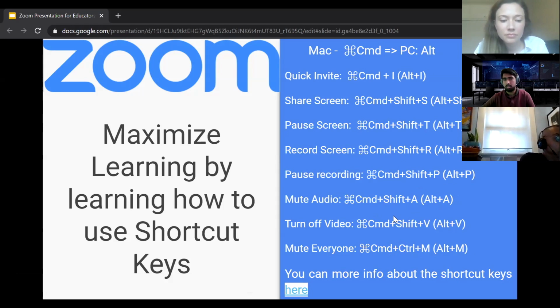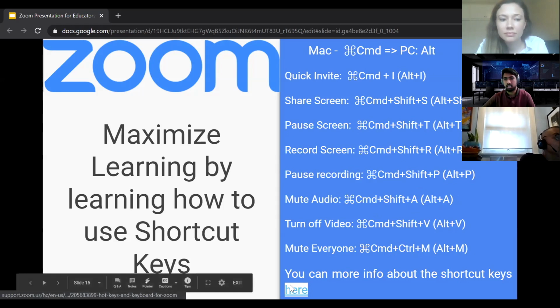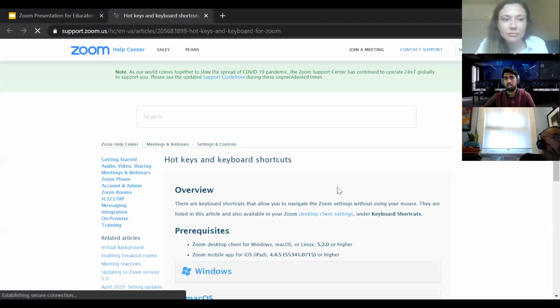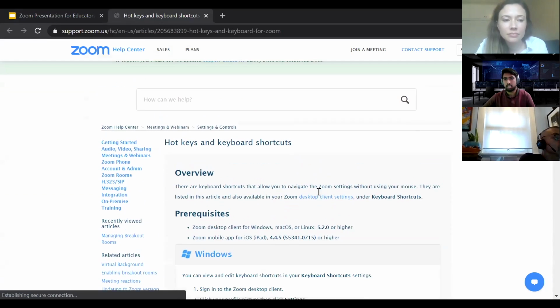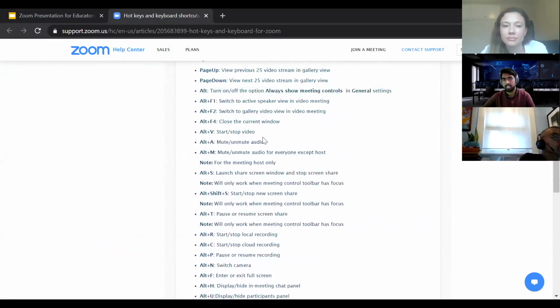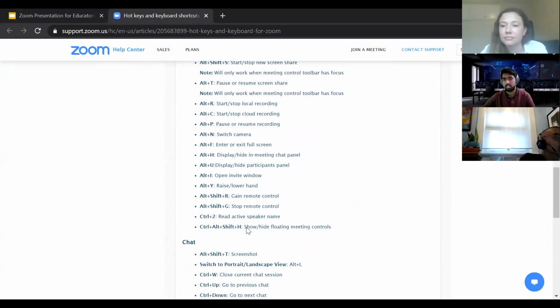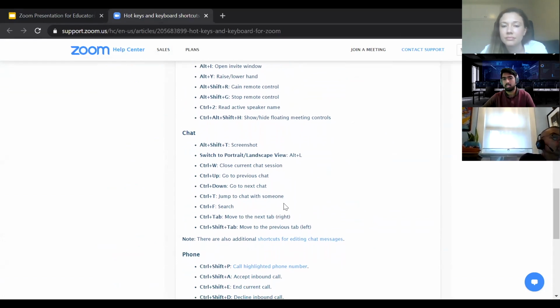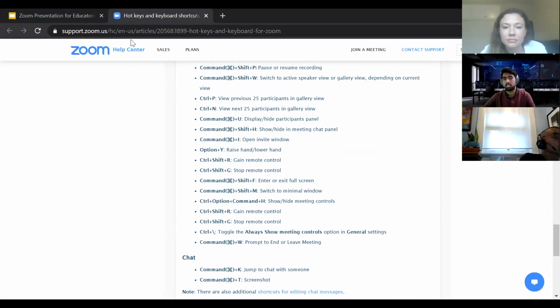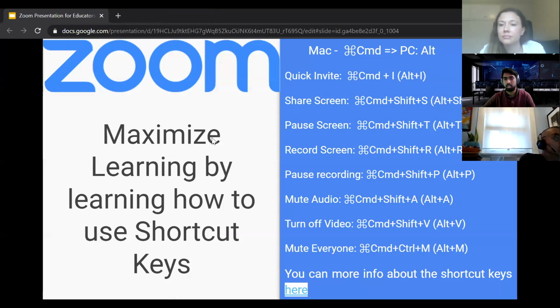Maybe you can try some of these options now and see if they work or not. These are some of the keys, and again this link contains all the information regarding all the different shortcut keys that we have and how to enable them. These are for Mac OS, and different information is available for other systems.